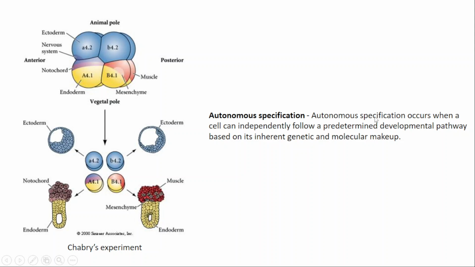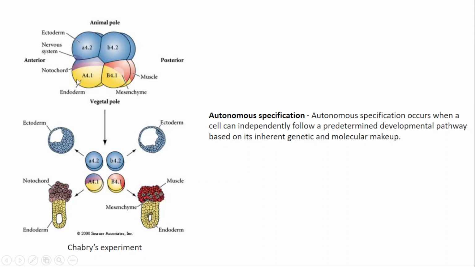What is autonomous specification? Autonomous specification occurs when a cell can independently follow a predetermined developmental pathway based on its inherent genetic and molecular makeup. So whatever is predetermined, irrespective of its environment, that is called autonomous specification. So here in Chabri's experiment, what he did in the 8 cell stage of tunicates,